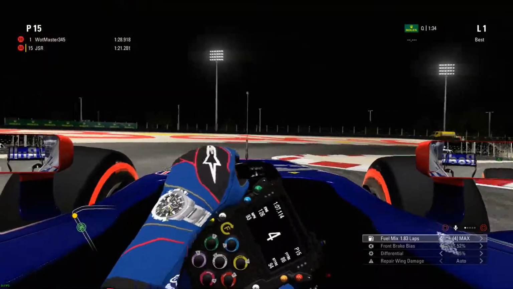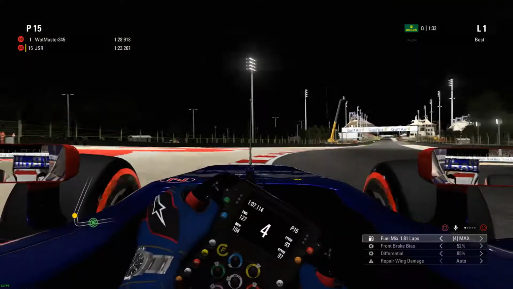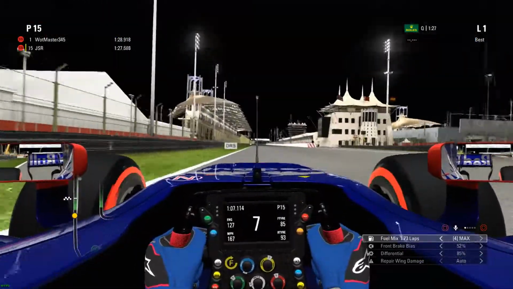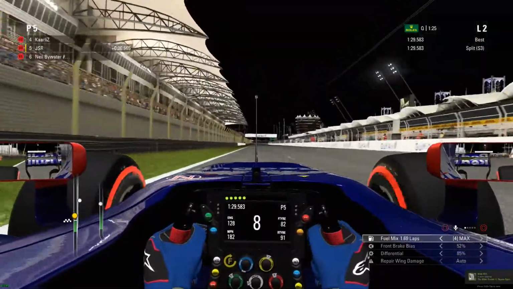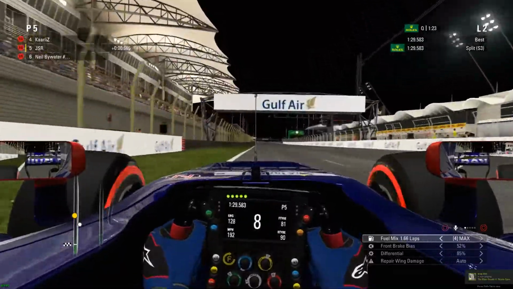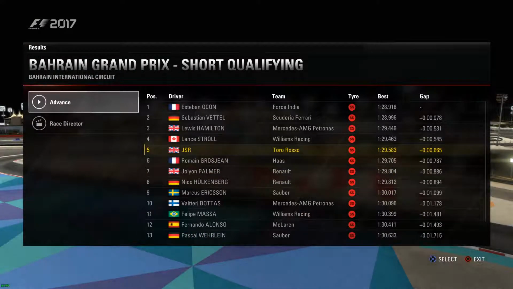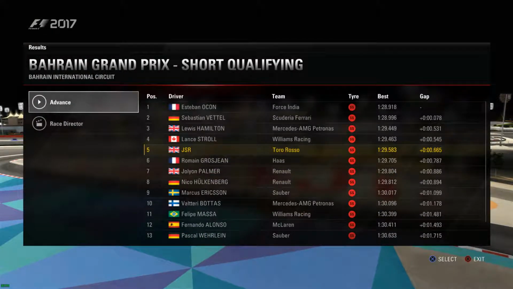Into the last corner, on the brakes nice and early, clip a bit of the apex. We do run further onto the curve than we would have liked, and we come on to the start-finish straight, opening up the DRS for the last bit of the lap, and it's a 29.5. Really not a lap I was very happy with or impressed by, but you will see there's been a slight